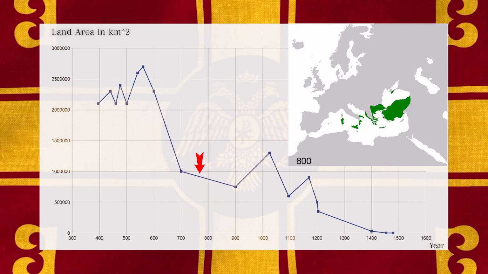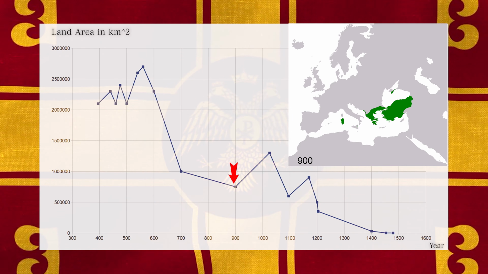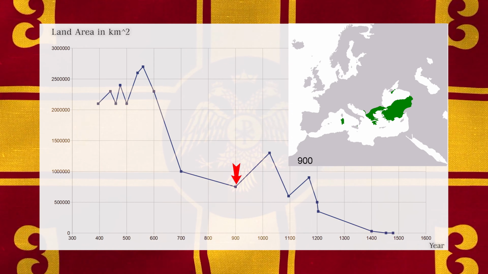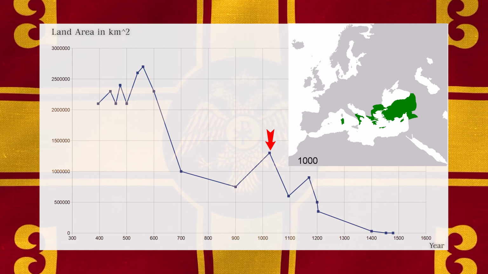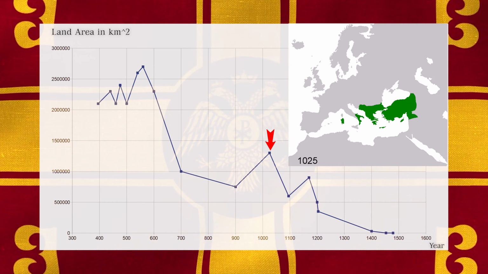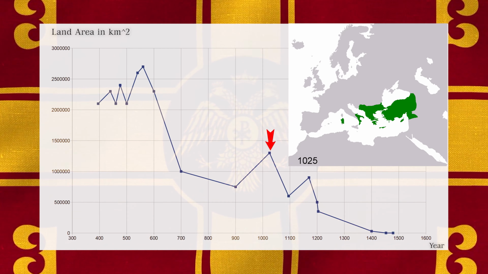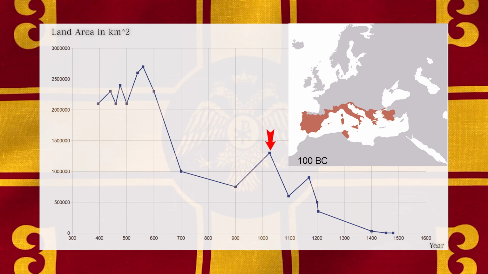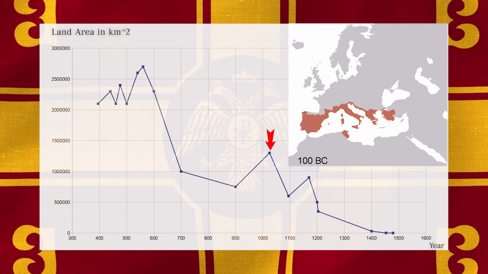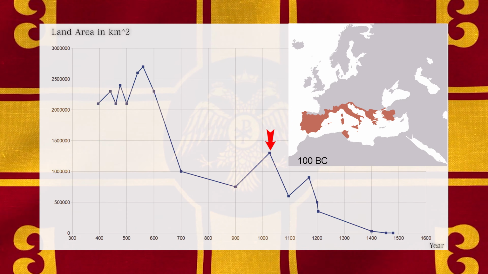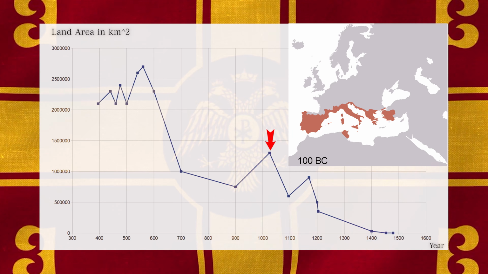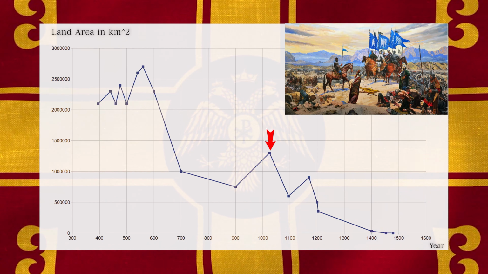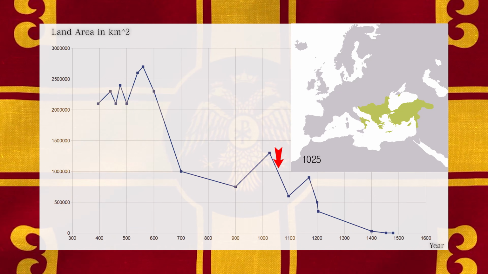More territory was lost, and by 900 AD, only 750,000 square kilometers were controlled. But then a big resurgence came under the legendary Basil II. And lo and behold, the Eastern Roman Empire now controlled a staggering 1.35 million square kilometers again, which is as much as the Roman Republic controlled in 100 BC. So the remnant of the Roman Empire had the same size it had 1,100 years earlier. That is absolutely crazy. But then the disastrous Battle of Manzikert came in 1071, and already by 1095 the remnant